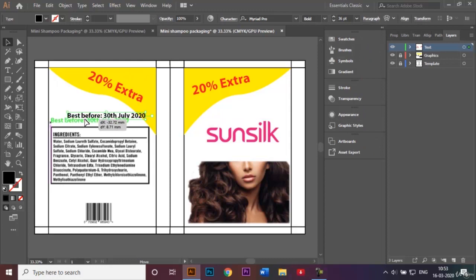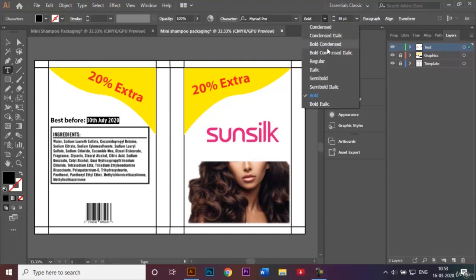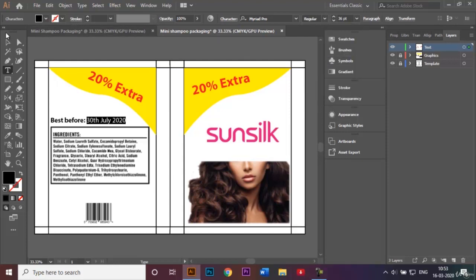I'm going to place it over here. I'm going to select the date right here and make it regular like that. I'm going to select this, press Alt, and bring it over here. Alt,